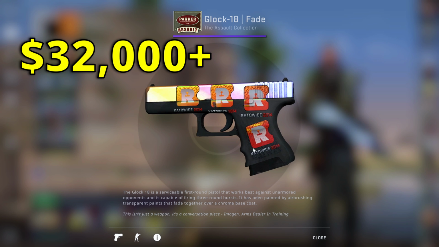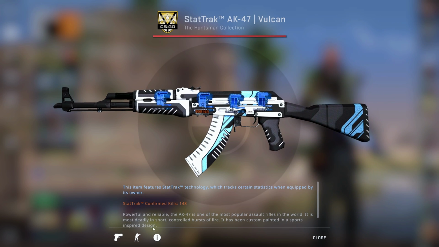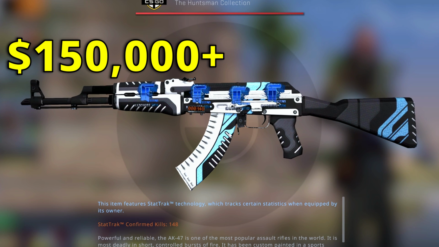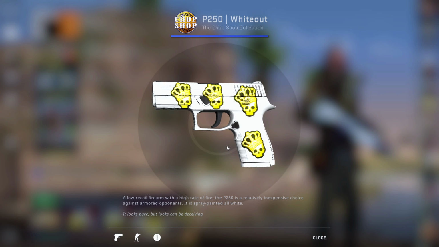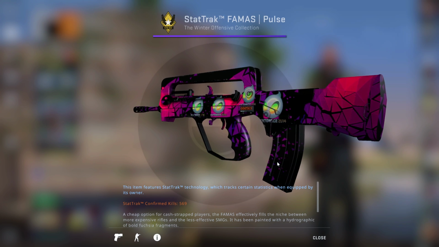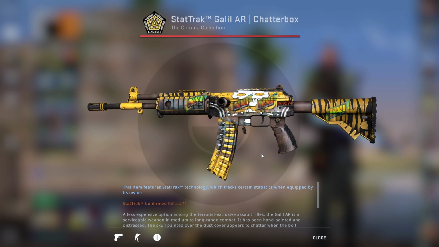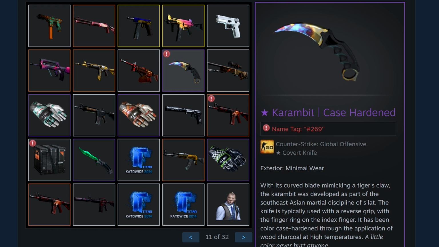He also has a Glock Fade with 4 of them as well. I guess he just really likes them. And 0.01 float. Okay, dude. He also has a StatTrak AK Vulcan with 4 Titan holos. Factory New P250 Whiteout with 4 Crown Foils. A FAMAS Pulse with 4 Team Dignitas holos. A Galil Chatterbox with 4 Navi 2015 holos, just a random Molotov, and then of course he has the Hiko